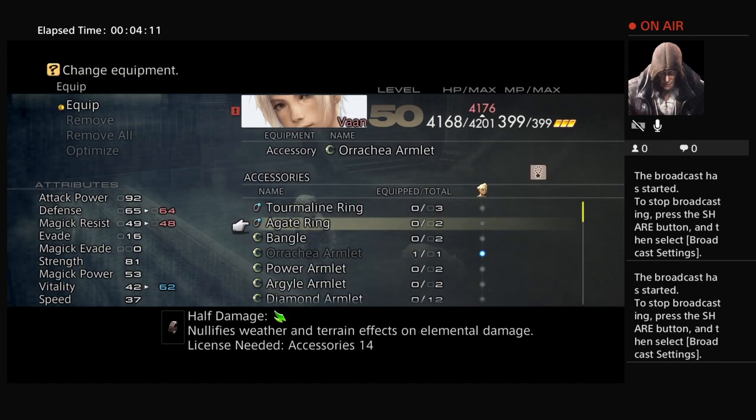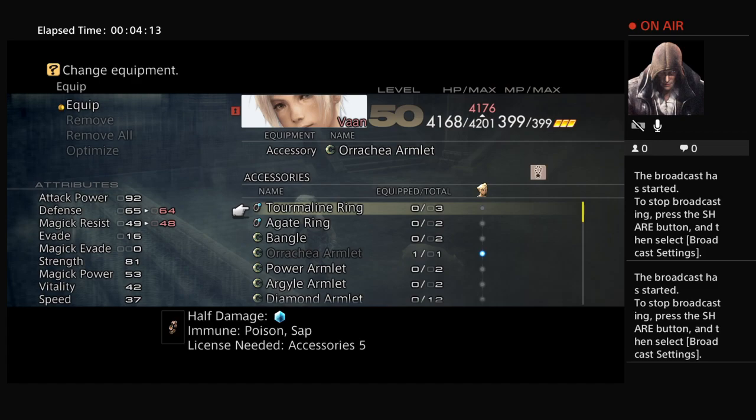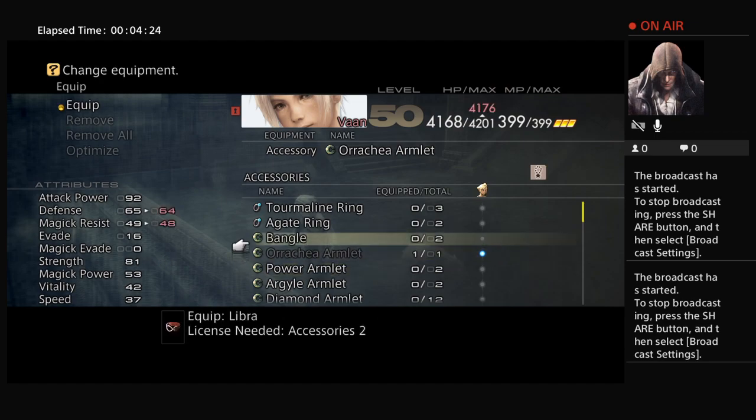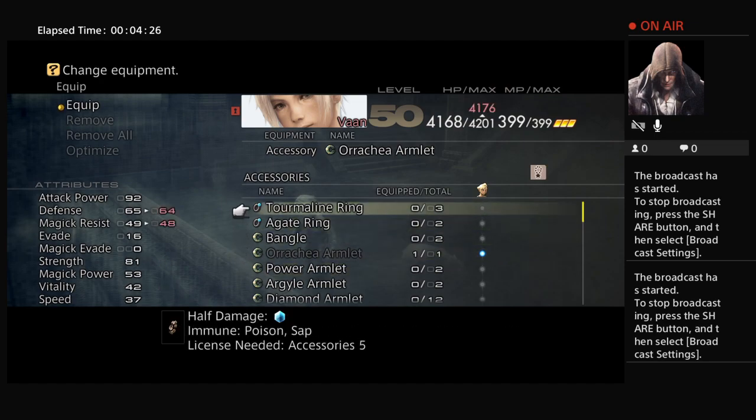As far as the accessories, I'm not going to go over where you get them all. You can find some information on the internet about trial rewards. I'll post the link in the video when I put this over to YouTube, but essentially, this one's going to be your best friend. You can get this one in level